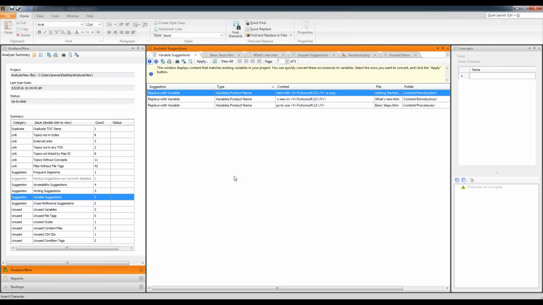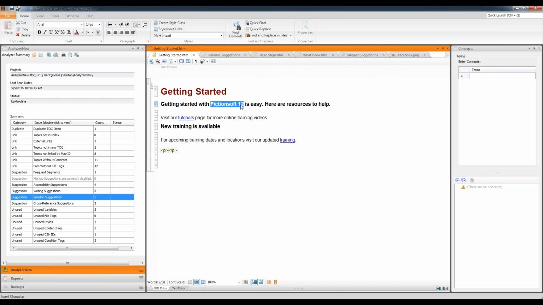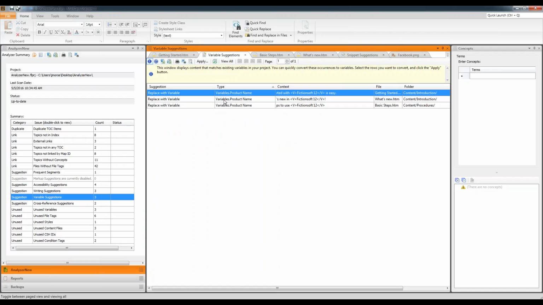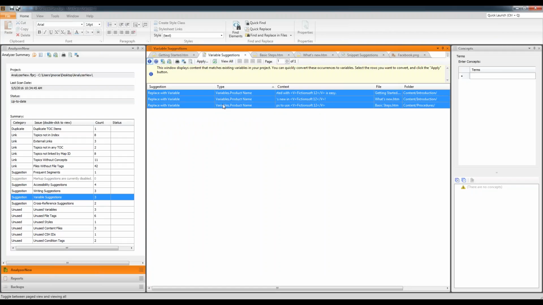So we love variables. And this is going to tell us everywhere where we've hard-coded some text that actually matches a variable in our project, and it'll let us convert them to a variable so we can manage it that way. In my example here, I've hard-coded FictionSoft 12, but I in fact have this defined as a variable in my Flare project. So let's go ahead and handle it. I don't want to manually change these things. Analyzer can do it all for me. So I'm going to take all these instances where I've typed in the actual variable definition and turn it into a placeholder. So I'll click Apply,